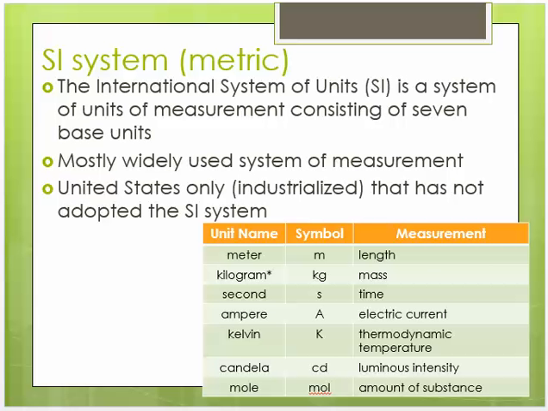The SI system, the metric system, the International System of Units, is a system of units of measurement consisting of 7 base units, the most widely used system of measurement. The United States is the only industrialized country that has not adopted the SI system. Some things that you need to make sure you get down in your notes down here is